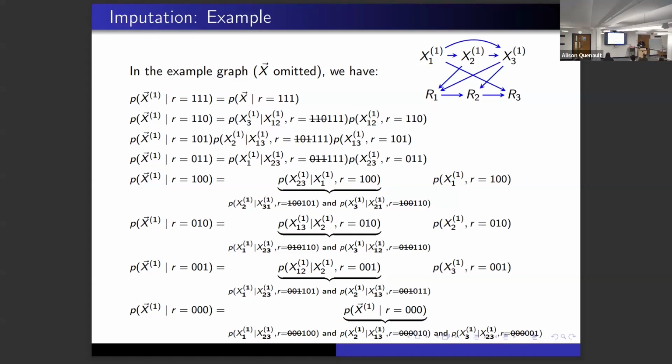It's actually a busy slide with a very simple idea. The idea goes like this. The top thing is just complete cases. Complete cases are trivially fine. Once we go further in, we factorize the term in terms of things that are available for the pattern. So for example, in the second line, we have x1, 2 because the pattern for 1 and 2 are available. The last term is always missing data.